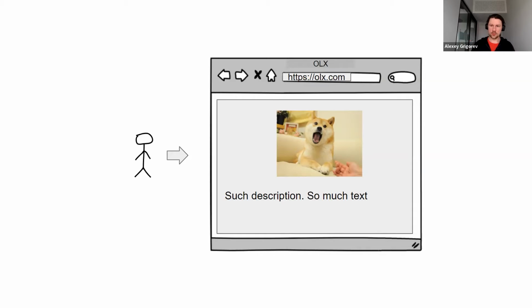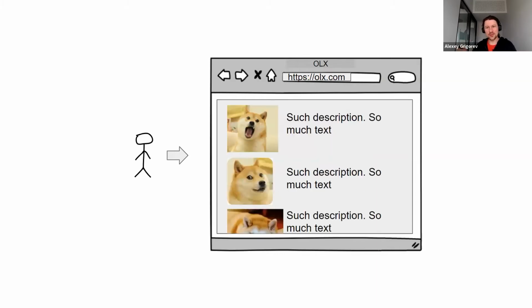So they come to OLX and let's say they want to sell a dog, or actually, selling dogs, I'm not sure it's allowed, but let's say this is a toy dog, right? They want to sell it so badly that they create multiple copies of the same listing. The item is the same, it's just different pictures of the same item. And this creates a problem, right? It creates spam on the platform, and people who are actually looking for dog toys will have to go through all these listings that are basically the same, and this is very annoying. So that is one of the problems.